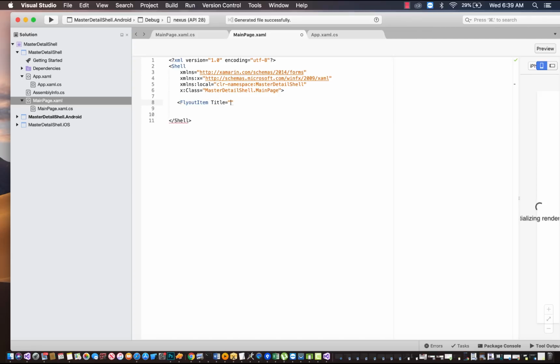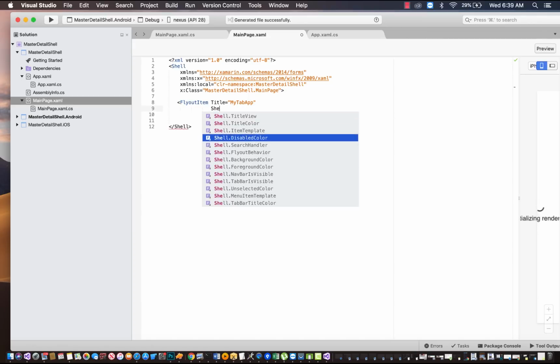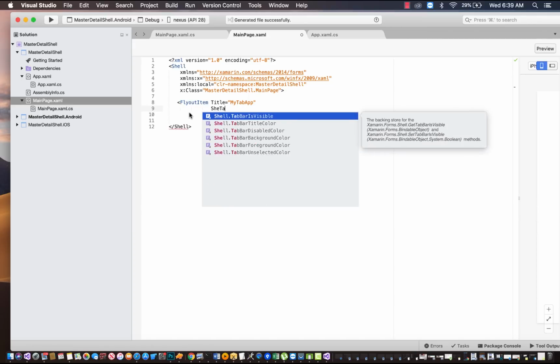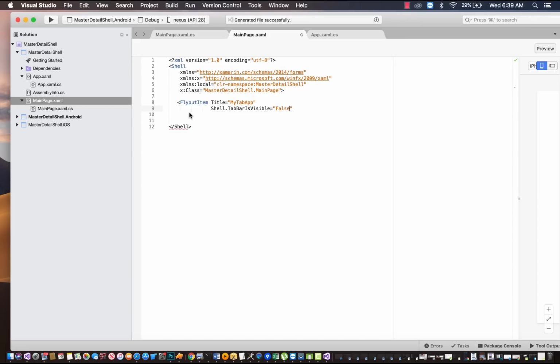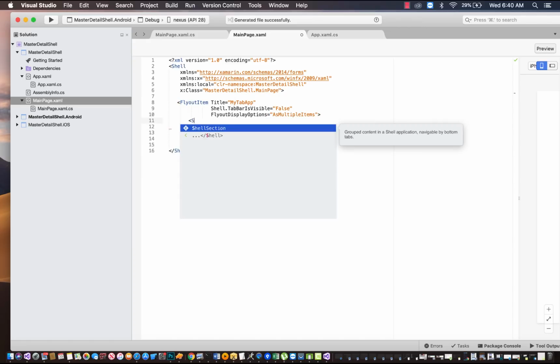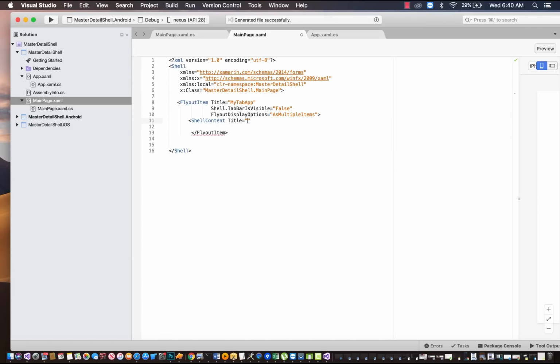that is our left drawer item title will be My Tab App, and then we don't want bottom tabs, that's why we have to remove those bottom tabs from our flyout item, that is our left drawer page. You can enable it if you want a left drawer master detail page along with a bottom tab page. So inside our flyout item